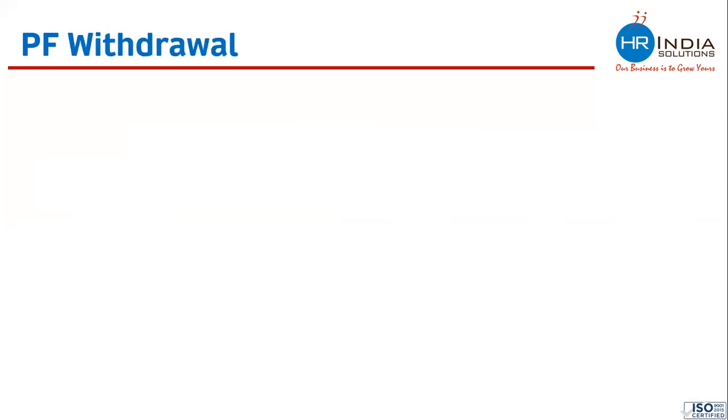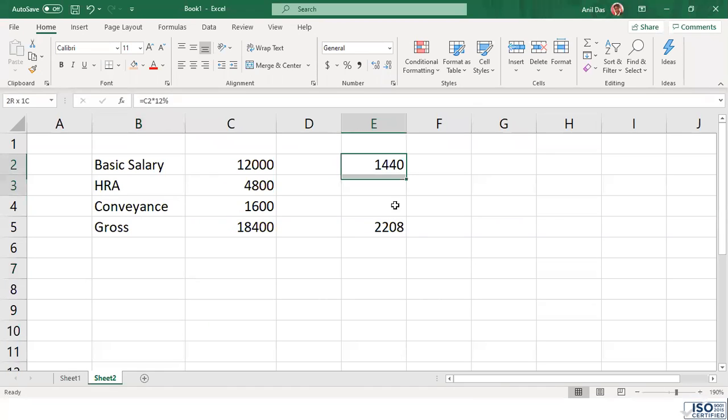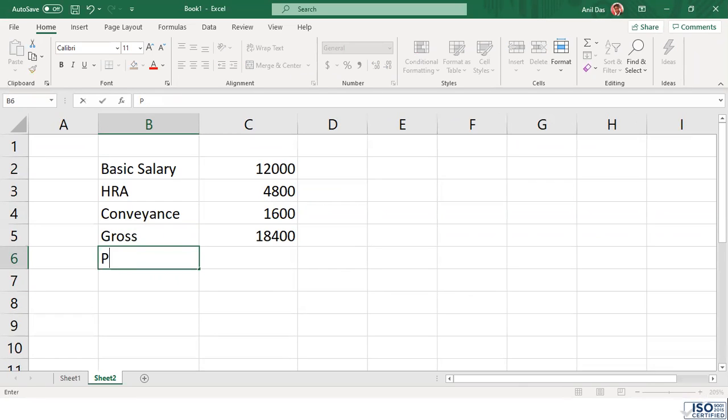Okay, let's proceed. Now let's understand from the Excel. Suppose anybody's salary is this much. Now, what are the options? Dheeraj, would this be beneficial, or have we seen the Excel sheet? Now, PF by company can be,